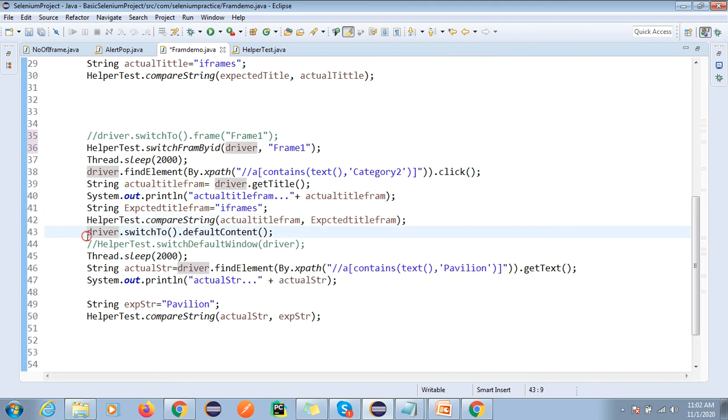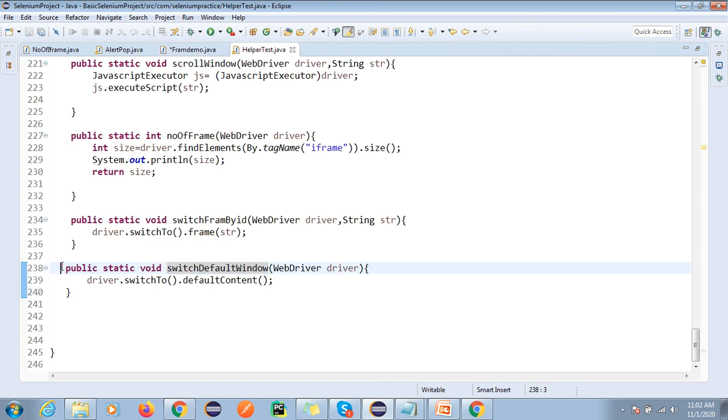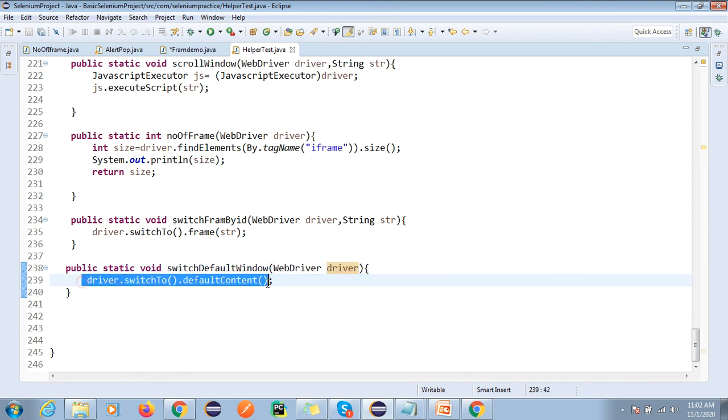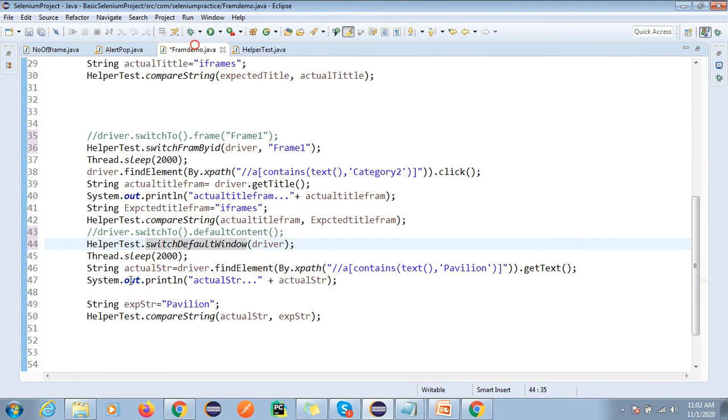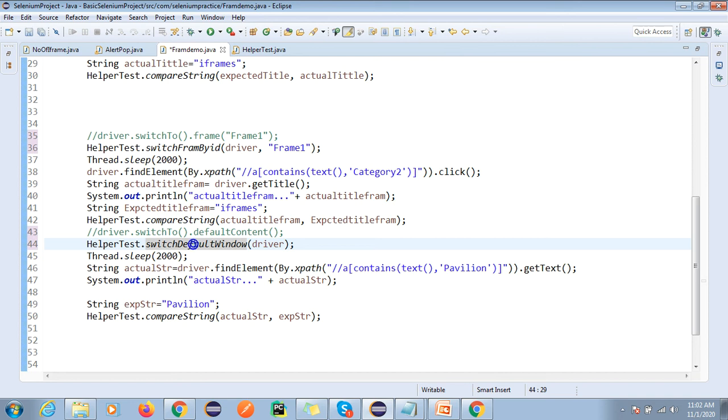I'm going to comment this out, and in the helper test you can see the same thing: just call this method and pass the web driver. You should not write this long code. Simply call switch to default, that's it, and pass the driver.